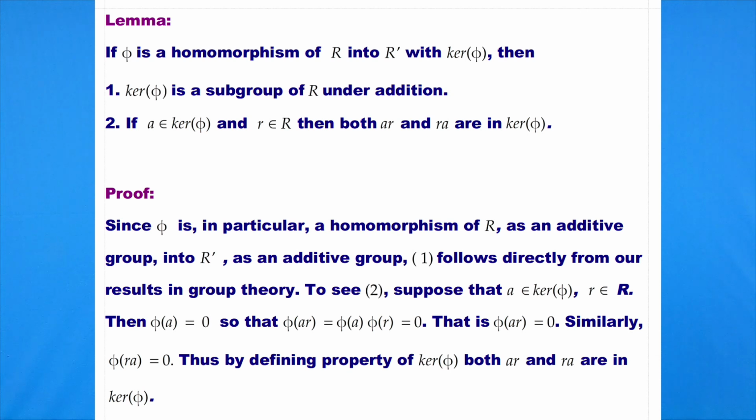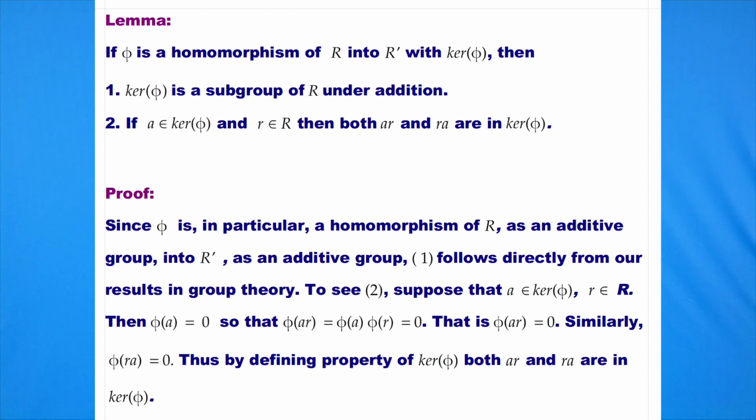Let us prove that the kernel forms an ideal in this lemma. If phi is a homomorphism of R into R dash with kernel ker phi, then the first condition is that ker phi is a subgroup of R under addition, and the second is that if a belongs to ker phi and r in R, then both ar and ra are in ker phi. The proof is,